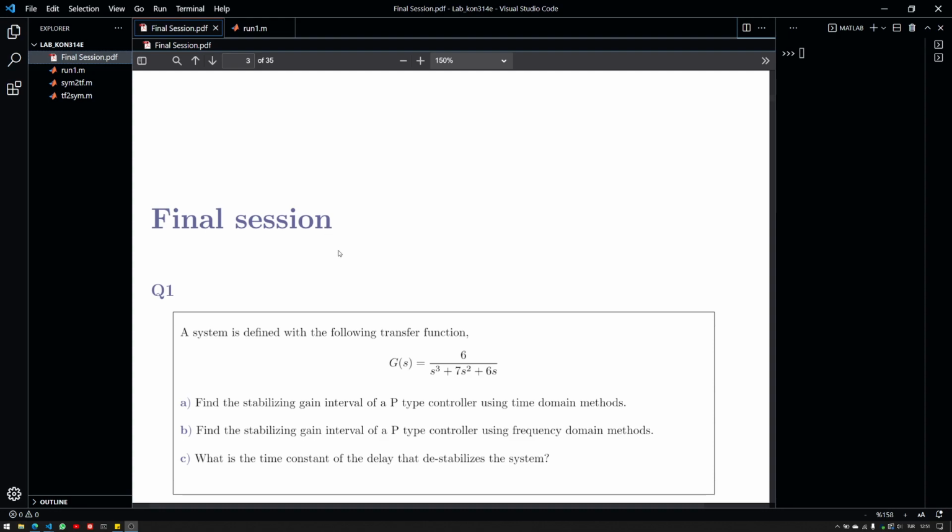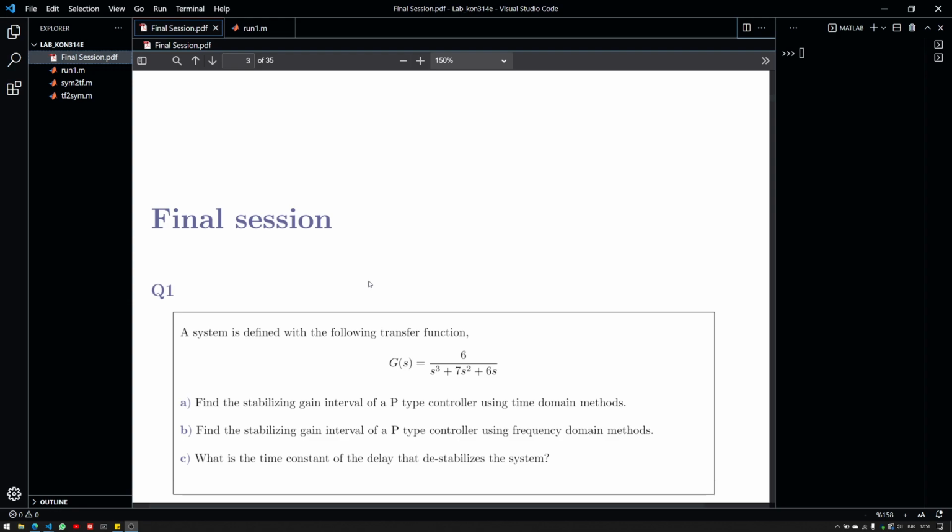This is meant to be for your final exam, so the main difference here is that I will try to use less MATLAB help and more theoretical knowledge, so that it hopefully will help you out for your final exam. Our first question is about the given transfer function, and as usual we try to look